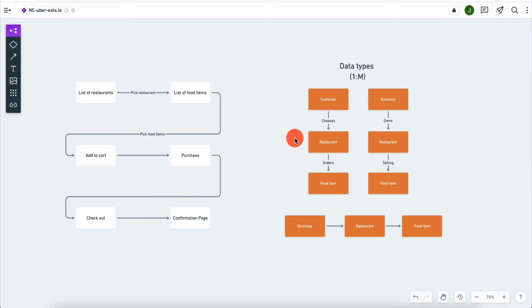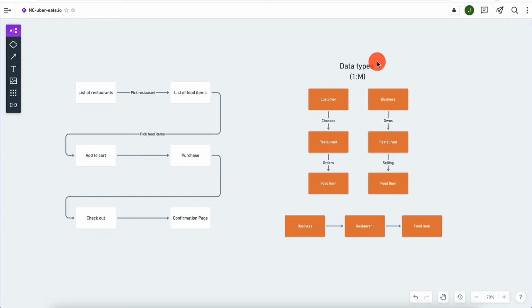Now before we begin, I want to show you a diagram here of things that you should know, kind of the overall view, the overall flow of the app that we're going to be building. So the first thing is this part right here. This is the data types, right? This is kind of an overview, high-level guide of how exactly different pieces of data are going to interact with